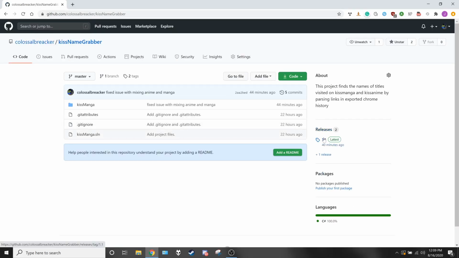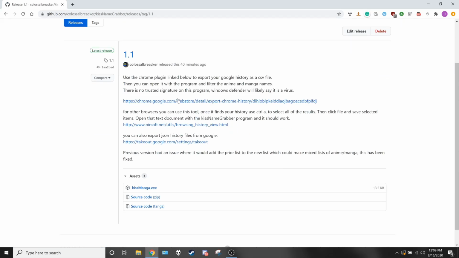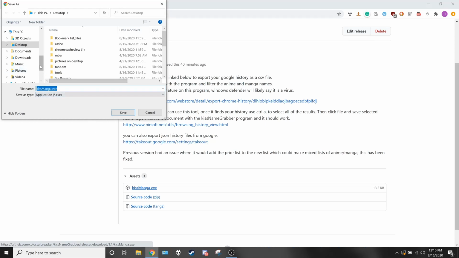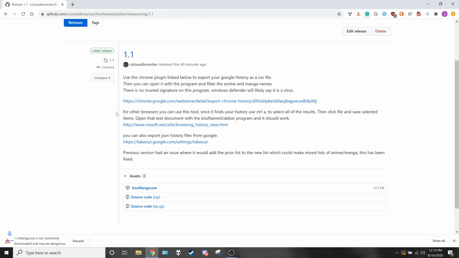go over, if you're in the GitHub page, go down to this, and you want to download the Kissmanga.exe here. So click on that, and I'll just throw it on the desktop. And it's going to tell you it's not common and might be dangerous, because it isn't common. I wrote it. So you're going to have to go over here to this arrow and say keep. And then